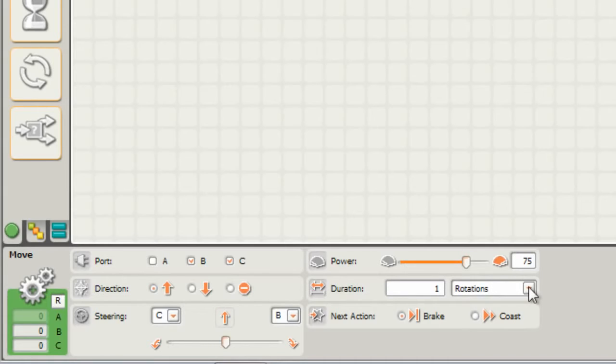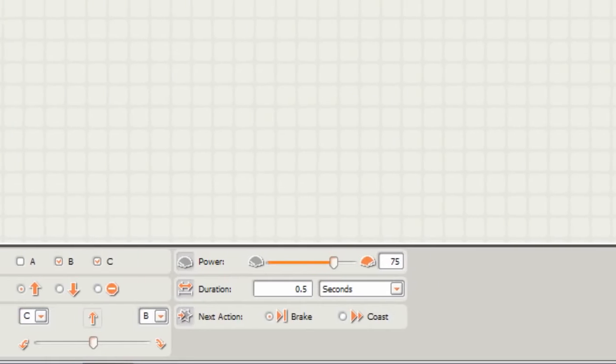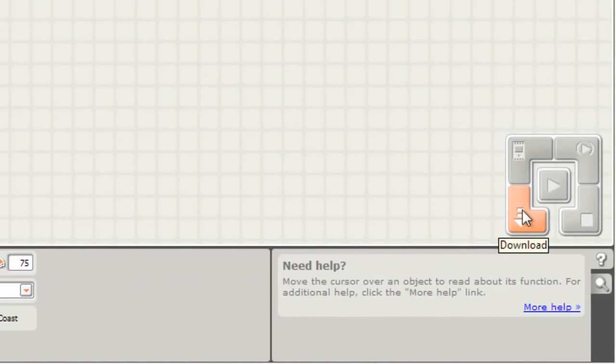So we can have the motors move for a certain number of rotations or a certain number of degrees, or we can do it based on time, which is what we might do here. And let's set this to a duration of 0.5 seconds, so we'll make the robot go forward for half a second, and we'll leave the power level on 75,